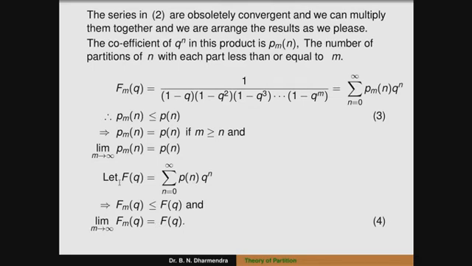So when I apply m tends to infinity, f suffix m of q is equal to f of q. That means here we have to observe the series, the summation n running from 0 to infinity of p suffix m of n into q to the power of n, which must be uniformly convergent. Then we can apply the limit as m tends to infinity inside the summation. So first we show that it is a convergent series, then we apply the limit as m tends to infinity inside the terms.